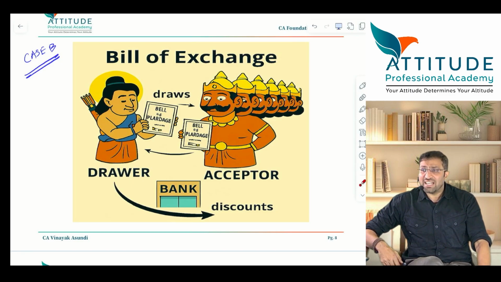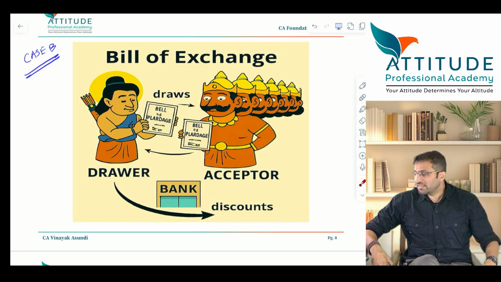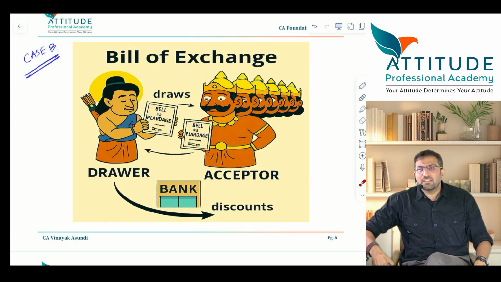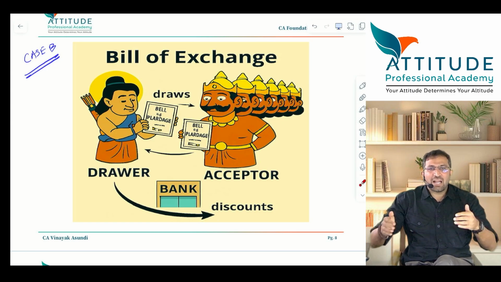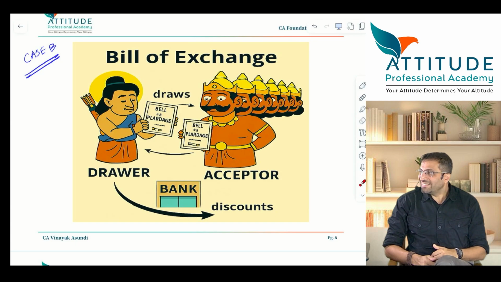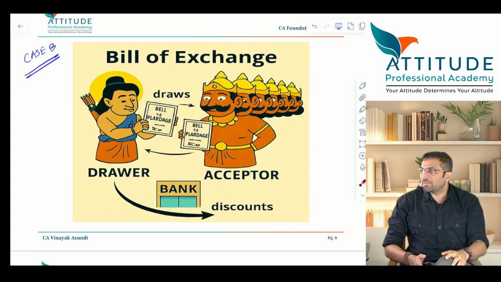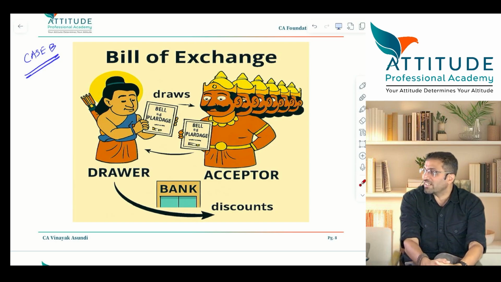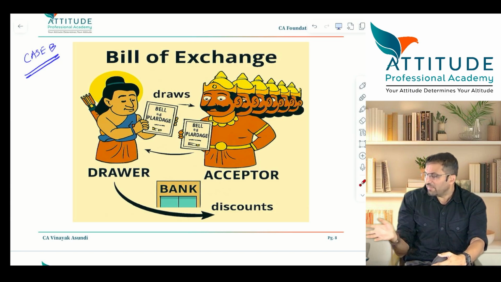But will the bank give the entire 100 rupees or deduct the discount charges? Discount charges, that is their interest. So let us say 95 rupees is given to Ram. Discount charges are with the bank. Now on maturity date, how much will Ravan pay to the bank? 95 or 100? 100. Understood? So everyone is happy. Ram got the money today only, early. Instead of getting 100 rupees after 3 months, he is getting 95 rupees today. He'll accept it. He can also keep that 95 in the bank and earn interest. Banker is also happy because the banker is earning 5 rupees.